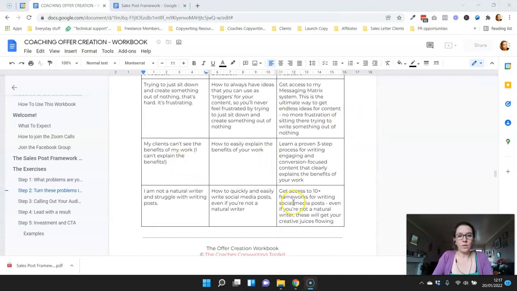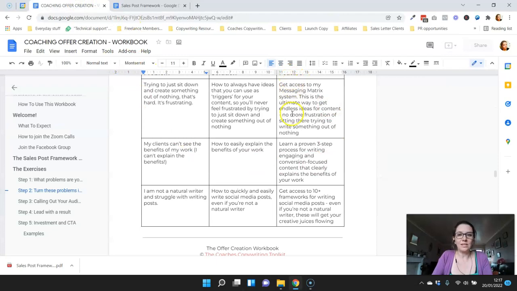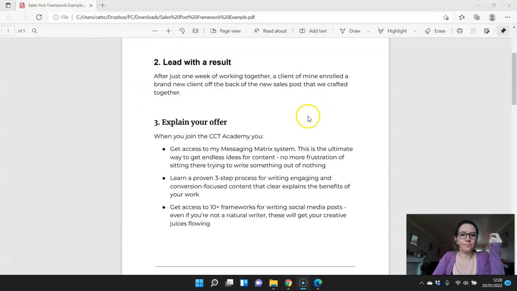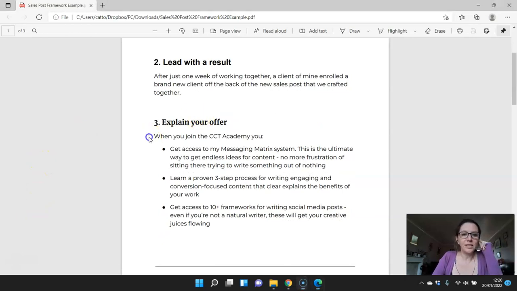And then when you're happy with these, when we get those finalized, we go to your sales post framework, and we're starting a bit down the page, so you want to fill this out. So when you join whatever the name is of your program or your service, you can play around with that, you get, and then copy and paste these in as bullets. And then I'd like to show you the example I've done. So when you join the